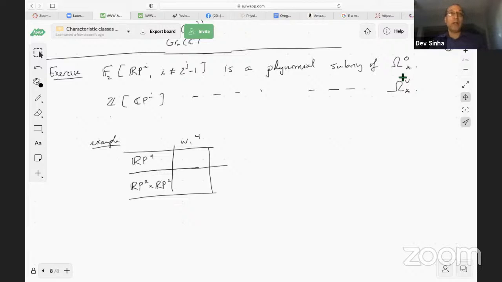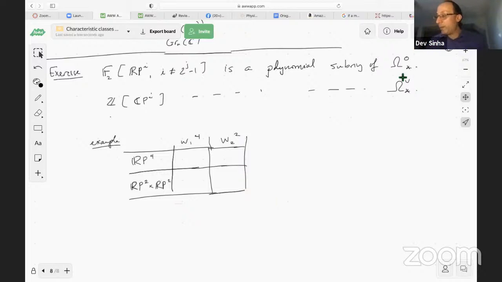By the way, we often, by abuse, just say characteristic classes Wi, but in fact you really want to say that all polynomials in the Wi's, all polynomials in the Ci's, are themselves characteristic classes. They're natural and the whole nine yards. So it's standard abuse to sometimes only refer to the generators, but really, especially for this exercise, you want the full ring.